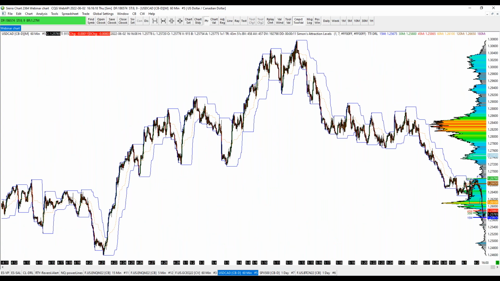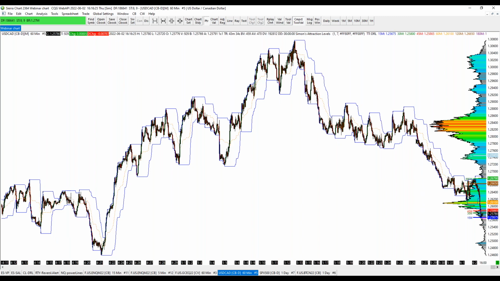You notice how it got rejected from the top of the value area here, and now it stopped at the low value area here. Same thing with these. I mean, there's a lot of details that you would be surprised by. Once you apply this specific indicator to your charting, things will make sense. You will understand why it was rejected, why things continued without being rejected, why your stop loss previously would have been